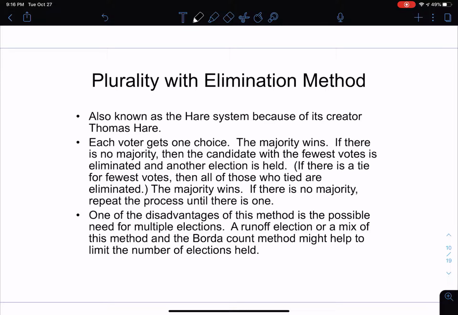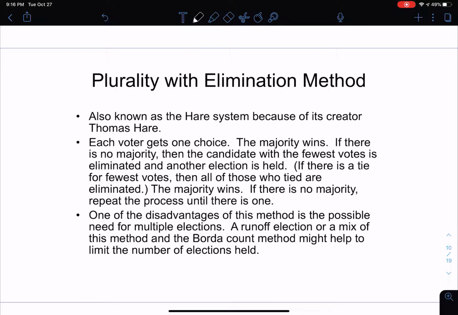All right, an offshoot of plurality is one called the plurality with elimination method. This one is also known as the Hare system because of its creator, Thomas Hare. Hare is spelled the same way as rabbit, hare, H-A-R-E, but it's for a person. And in this one, each voter is supposed to get one choice. The majority wins. If there is no majority, then the candidate with the fewest votes is eliminated and another election